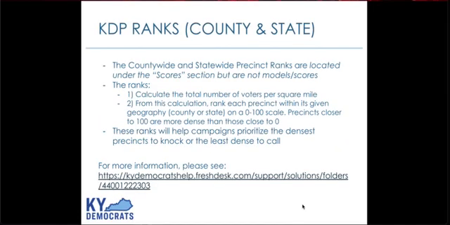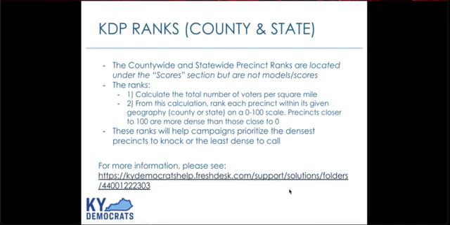Next, we have KDP ranks. So these are located in the scores section in Vote Builder and are shared with everyone, but these aren't models or scores. This is a density rank. That way folks know what the densest precincts in their county and or in the state are. So how this was built is we took the total number of voters. We calculated the total number of voters per square mile, and that information. And if you look in the documentation we have down here on this page, that'll give you what all of